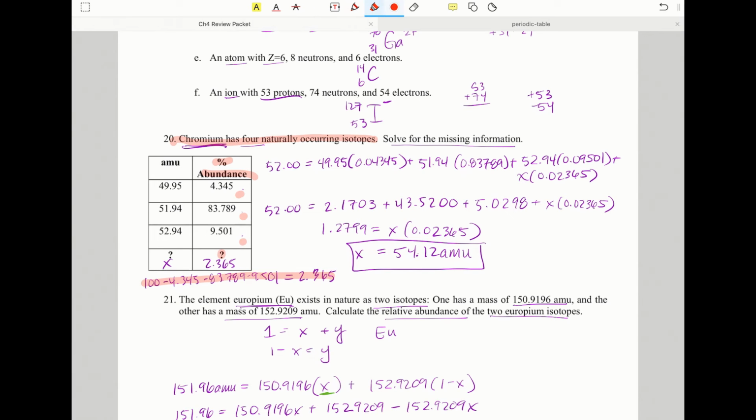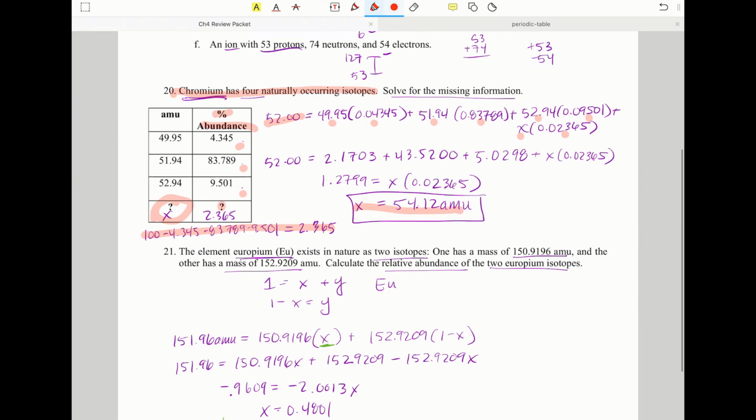And so basically we could find chromium on the periodic table, which has an average atomic mass of 52. And then we just set up the whole equation, subbing in an X for the piece we don't know. So here we have one isotope with its percent abundance, an isotope, its percent, isotope, its percent, unknown isotope, and its percent. And then we would just solve for my